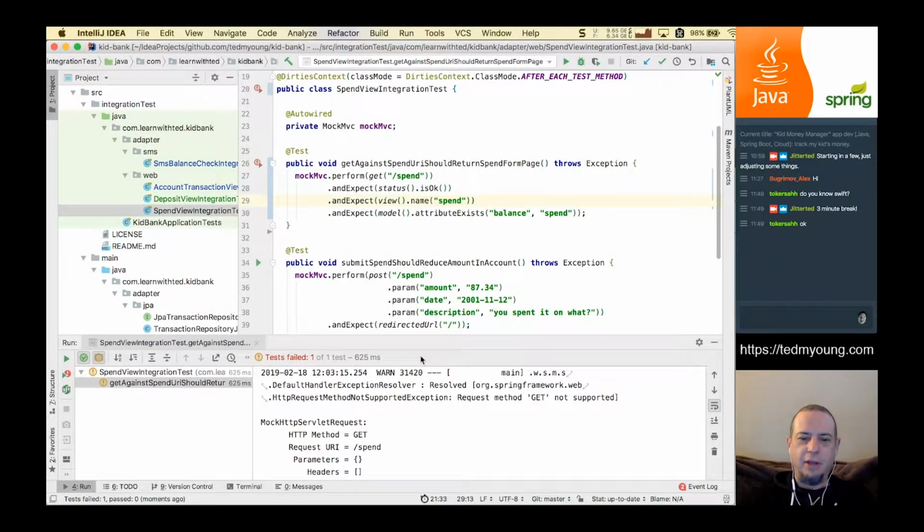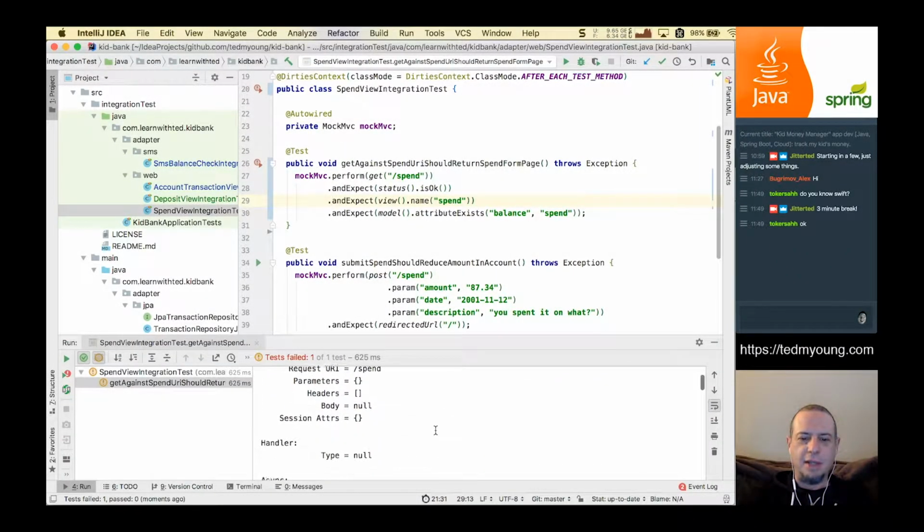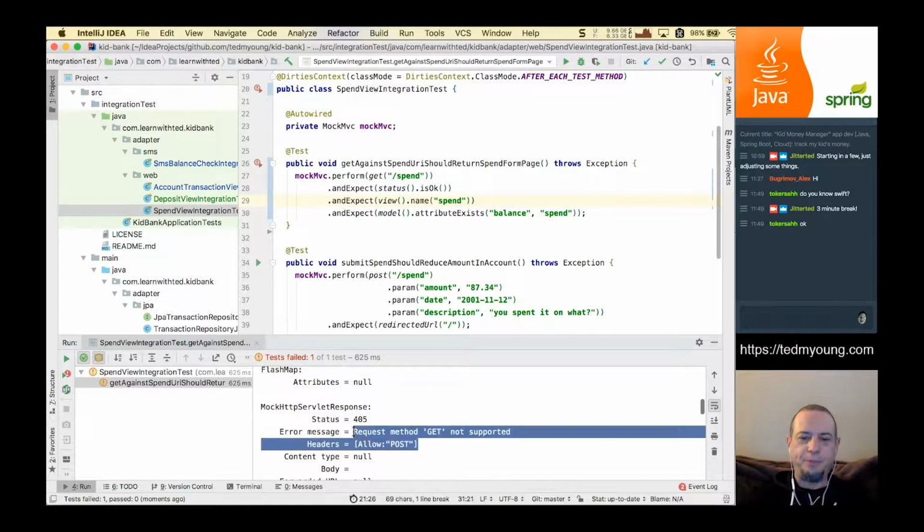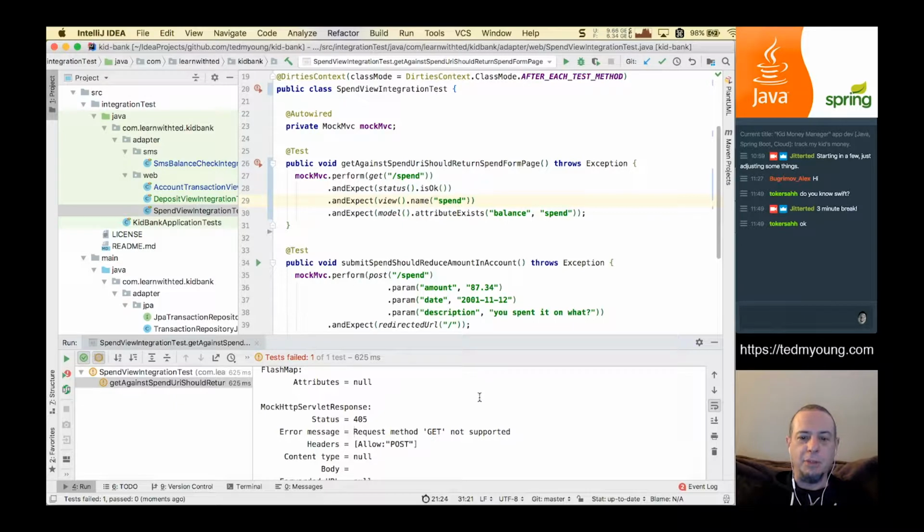All right, so that failed. It should have failed because get is not compatible with post. Correct. Right, because right now there's only a post to spend. There isn't a get on the spend page. So this is the same process we did before. So let's go ahead and